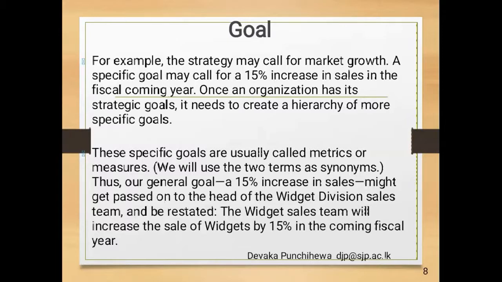These specific goals are usually called metrics or measures. We will use the two terms as synonymous. Thus, our general goal of a 15% increase in sales might get passed on to the head of the widget division sales team and be restated: the widget sales team will increase the sales of widgets by 15% in the coming fiscal year. The marketing manager will communicate this within the sales department, saying within this year we need to increase